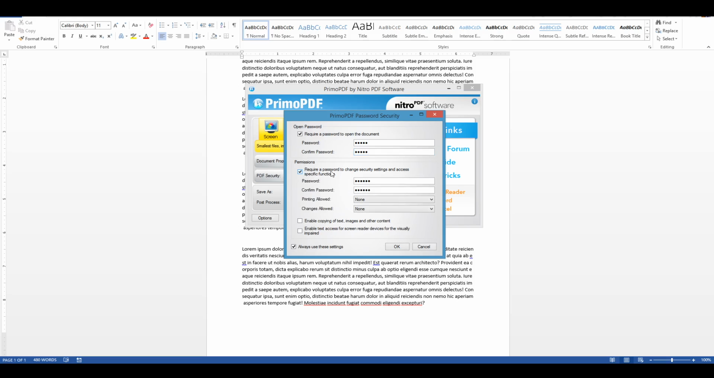Here it says require a password to change security settings and access specific functions. So I'm going to disable printing. I'm going to click on none. For other changes allowed, none as well. We have changes like rotating pages and stuff like that. I'm going to leave that as none. Then also enable copying of text, images, and other content. I'm not going to check that off, so the recipient is not going to be able to copy any text